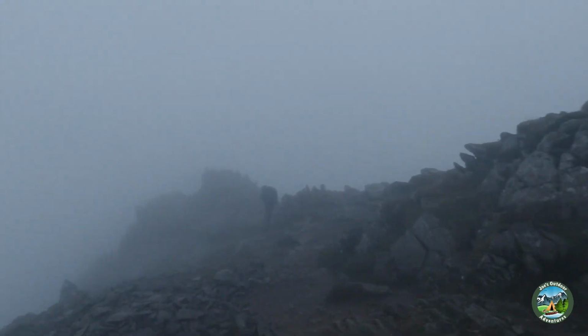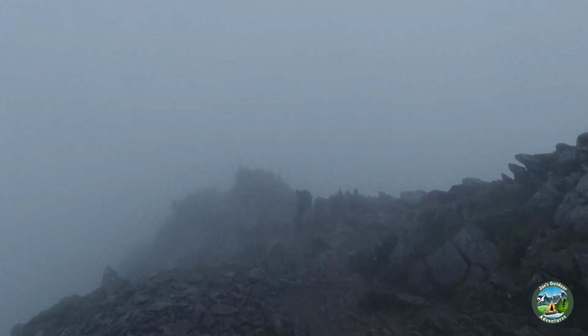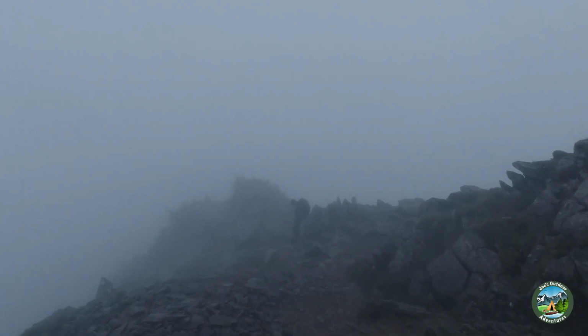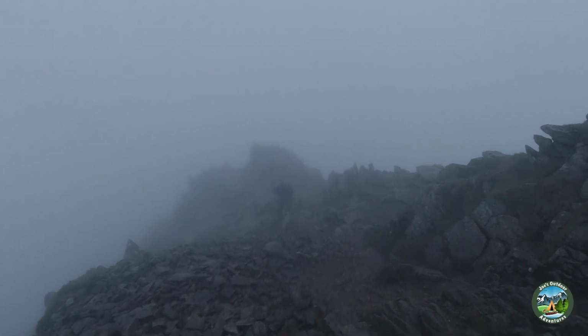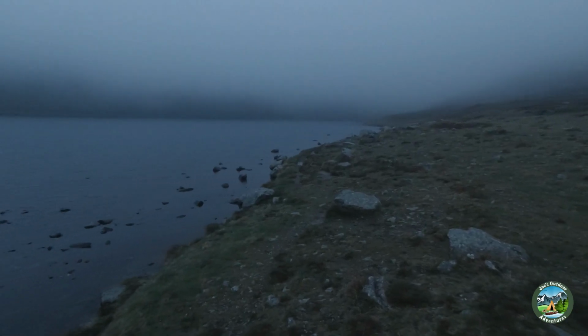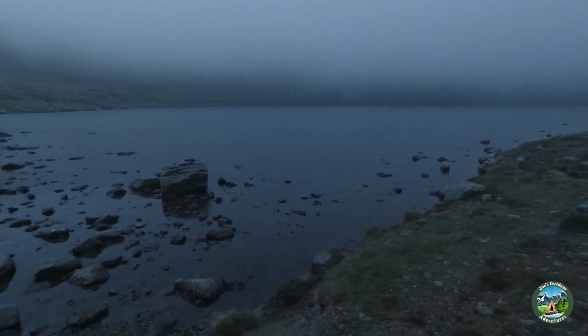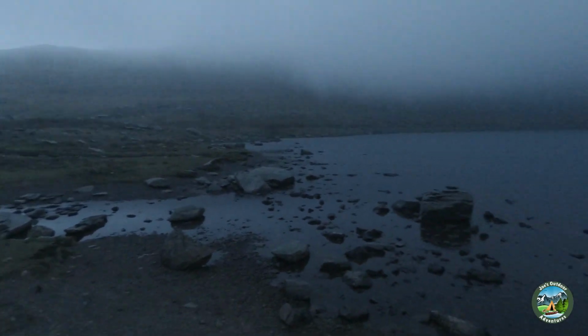Now we're heading down. It's pretty steep again. Really thick fog, but we're out of the wind, we're out of the rain. So steady descent down now. I think we're just going to head for Red Tarn. Alright, we've made it down to Red Tarn. A little bit clearer down here. Not great, but